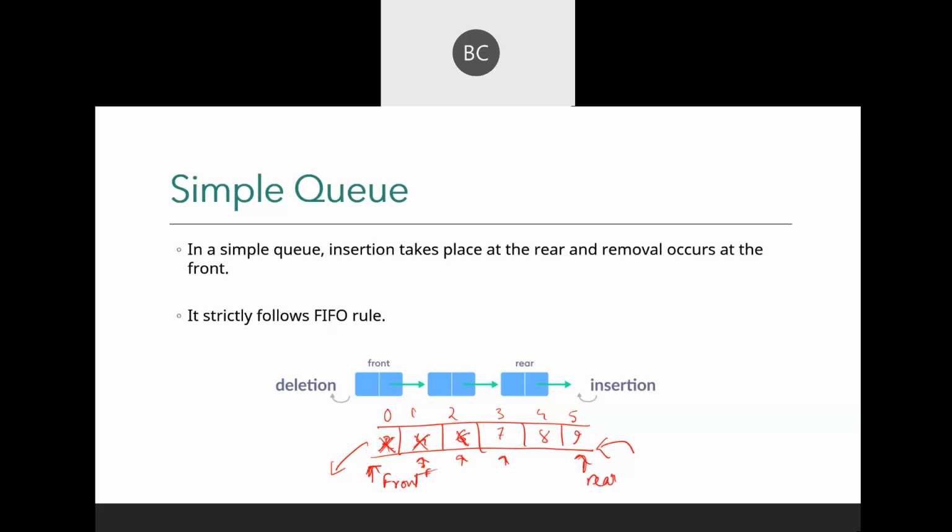For example, these three spaces are empty, three blocks, because you have deleted from the front. Now, if you want to add something into the queue, will it allow you to add something here?